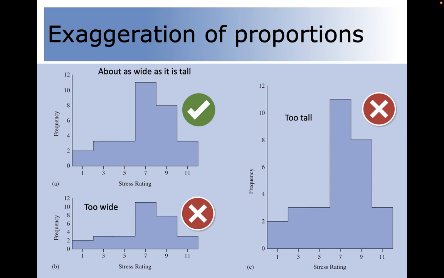So this effect is kind of like using computer software to alter a photograph of a person. The true picture is distorted, and what we get is that the particular shape of the histogram gets distorted. And so what you can see when the histogram is too wide, it makes it look like there's much more of a skew. When it's too tall and too narrow, it looks like there's no skew at all. So we want to try to have our proportions be about as wide as it is tall, and this has been adopted to give people a standard for comparison. Changing that proportion misleads